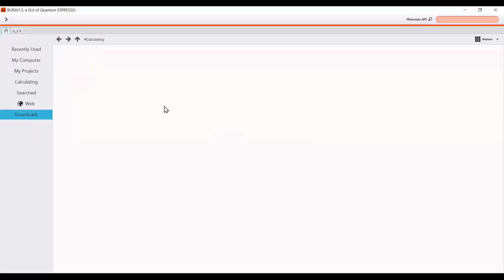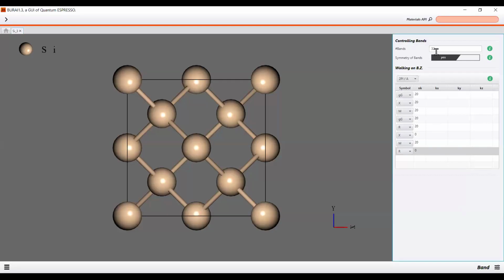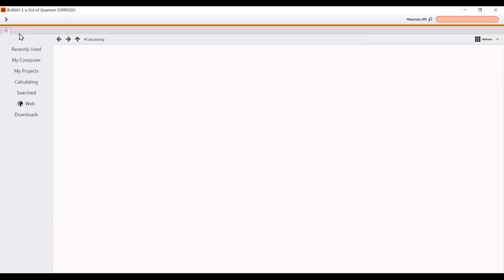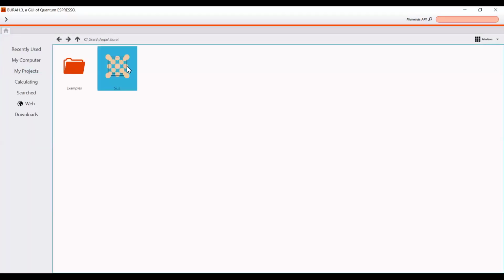Again, it will show you some error, which is, I think, related to the Hubbard parameter. So I'll just simply